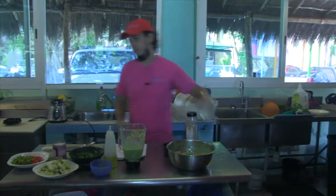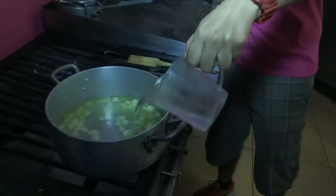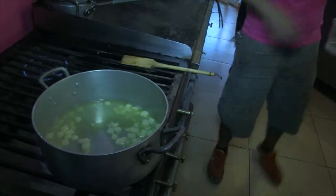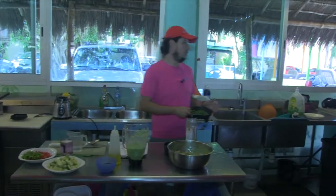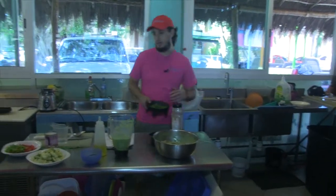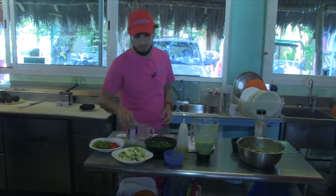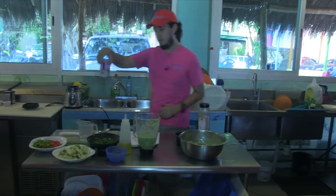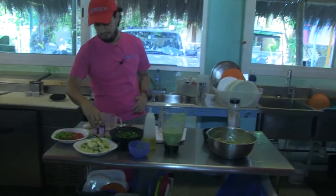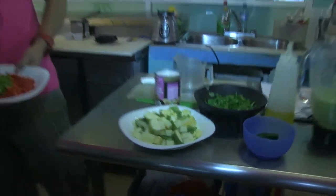All right, I'm gonna add some water to the potatoes to help them cook faster. We're gonna need some chopped cilantro and chopped green onions, okay? That we're gonna add at the very end, just to give it some aroma. And we're gonna use coconut milk that you can find like this at any store. All right? So the next step for our recipe,